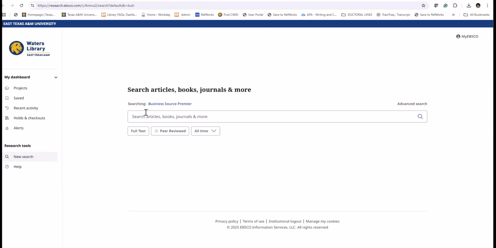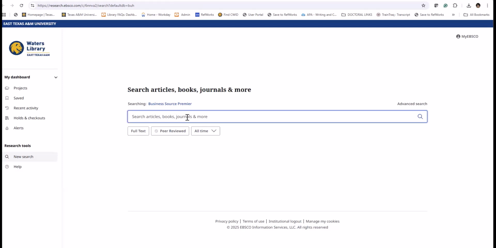So here is the basic search box. You may just type in any keywords relevant to your research topic. You may want to find some articles on business concepts like marketing, finance, accounting, or whatever. You can put it here. But today, my focus is on showing you the resources on companies and industries of your research. So I'm going to put the name of a company here, not my research topic subject terms or keywords.